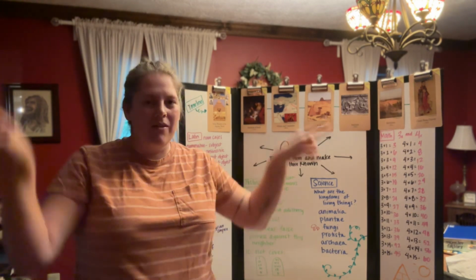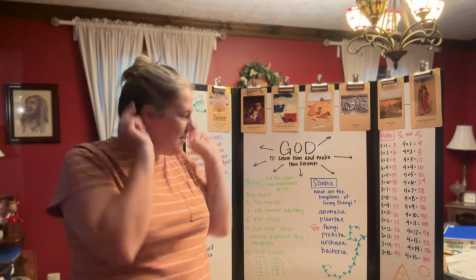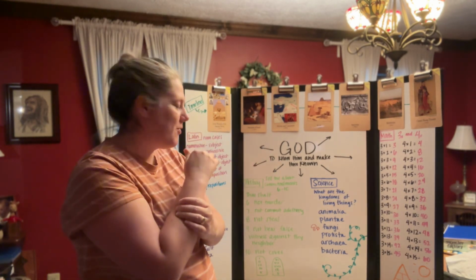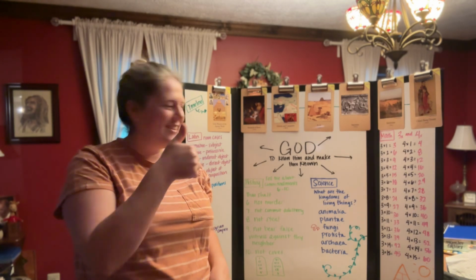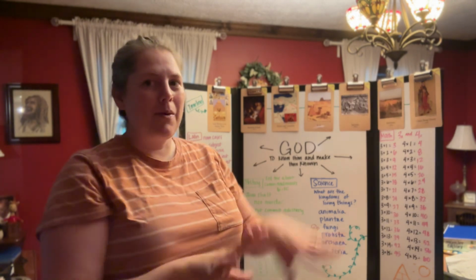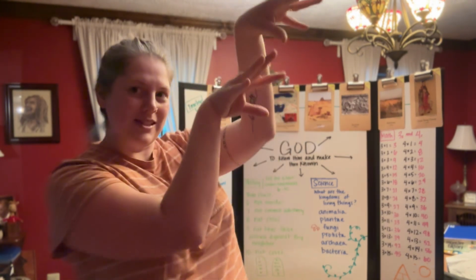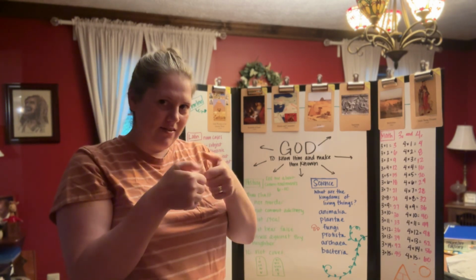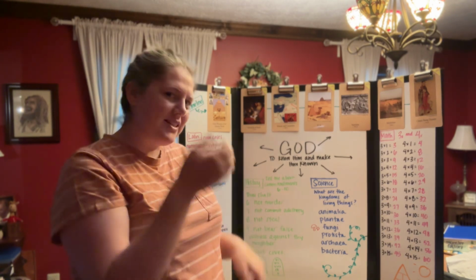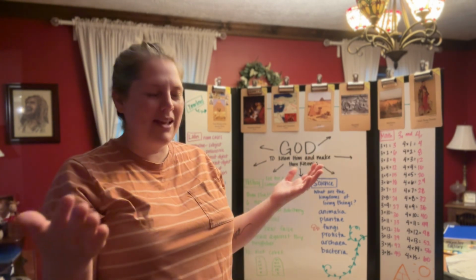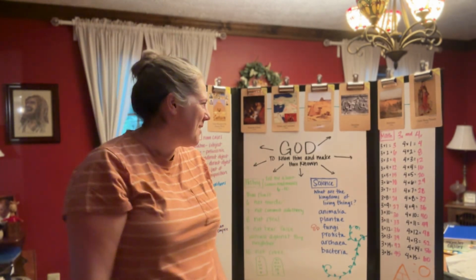So for Animalia, we did Animalia. Plantae, we did a tree. Fungi, we said we're fungi. Protista, like imagine you're a pro basketball player and you're shooting the hoops. So Protista. Archaea, playing in an arcade. Archaea. And Bacteria. We're gonna pat ourselves on the back because it has back in it for bacteria. So that's the motions we did in class today.